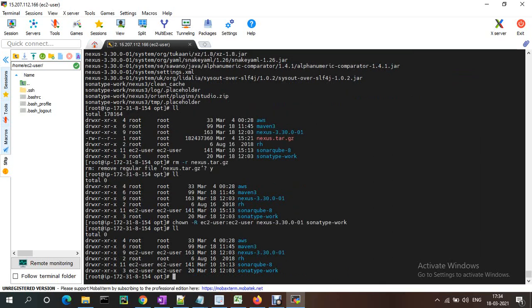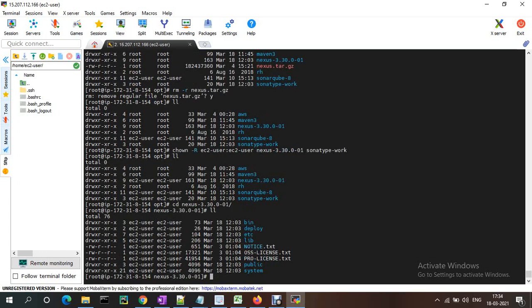Now it will be changed to ec2-user for all the folders inside. It should be updated for all of these.